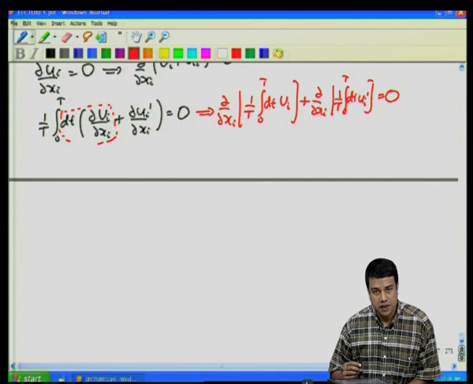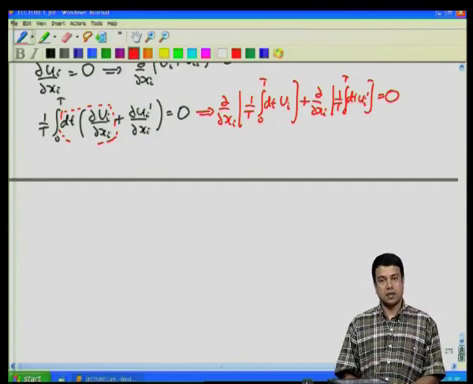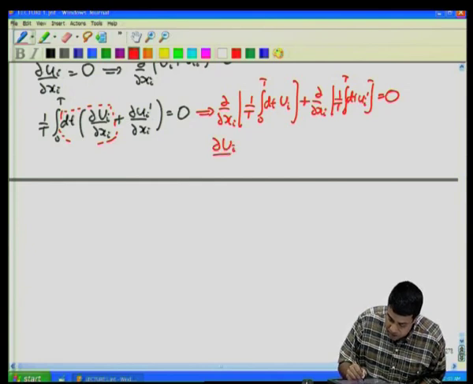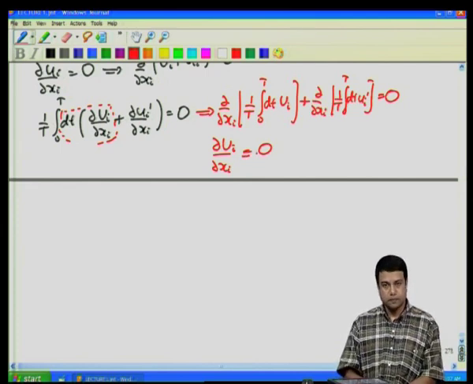This second term is the average of the velocity fluctuation, which is identically equal to 0. The first term, capital U_i, is independent of time. So, I just get 1 over t integral 0 to t of dt, which gives me 1 times U_i. So, my mass conservation equation for the mean velocity just becomes partial U_i by partial x_i is equal to 0. That is the mean mass conservation equation, the mass conservation equation integrated over time at a given location.